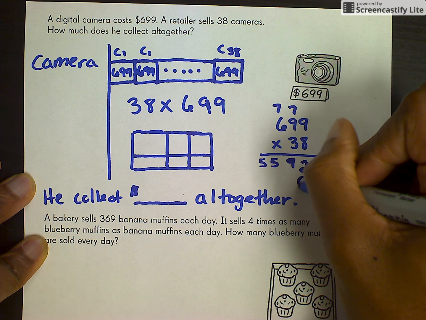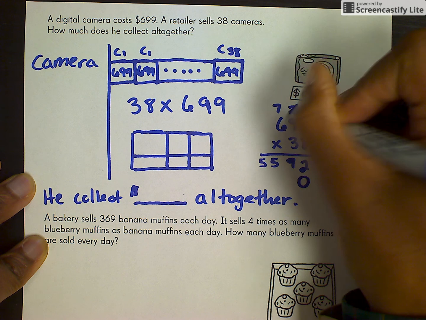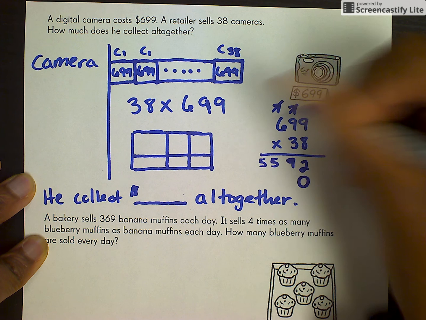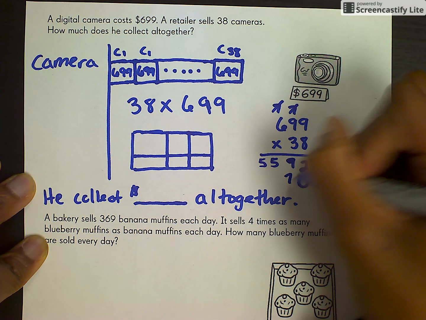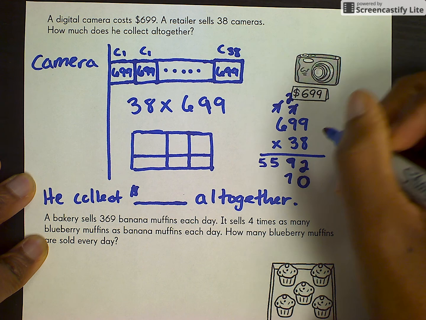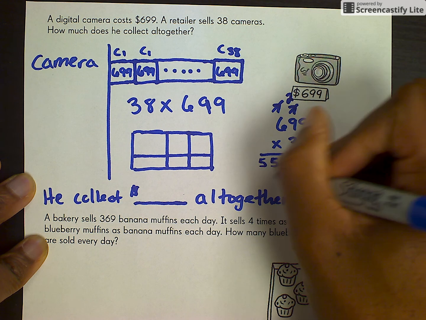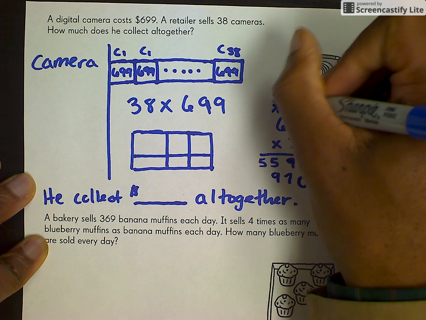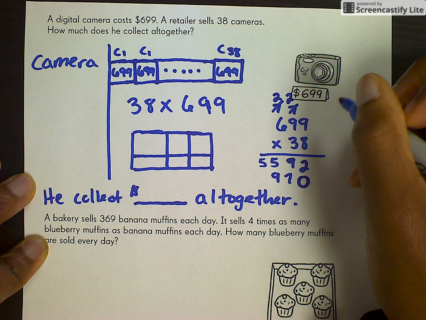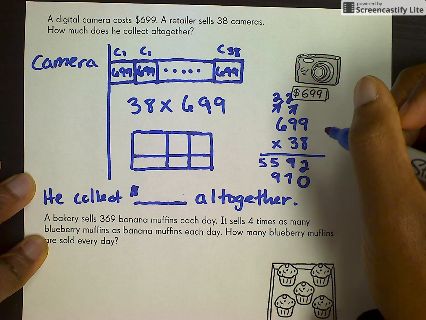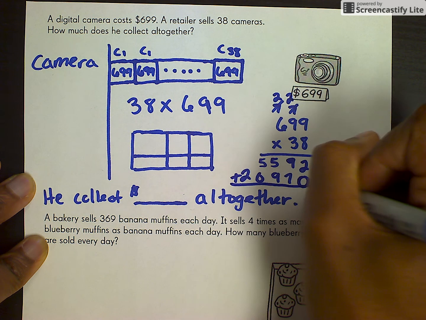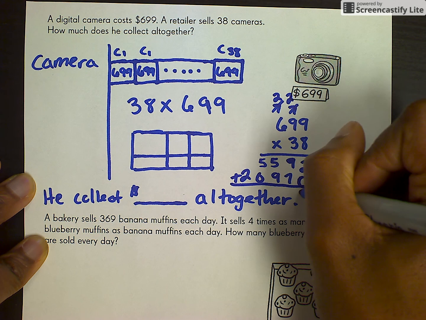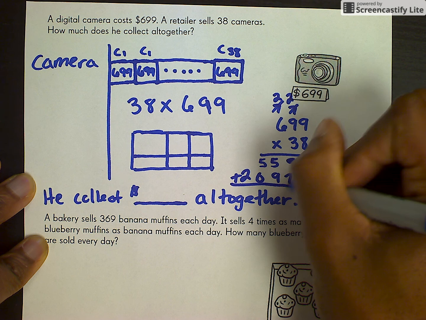So I have to put a 0 in the ones place. Now that all my numbers are concentrated in the tens place, I cross out those ones I've already used. I go 3 times 9, 27, carry the 2. 3 times 9 again, that's 27 plus 2 more, 29, carry the 2. And I go 3 times 6, which is 18 plus 2 more is 20. And now it's time to add this up together. And you'll see here that we get an answer